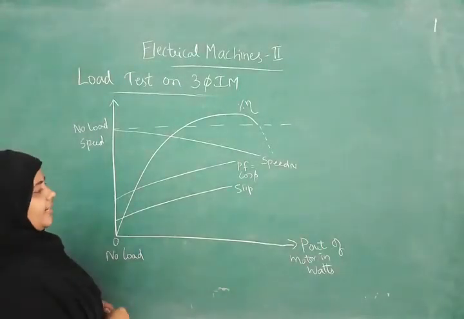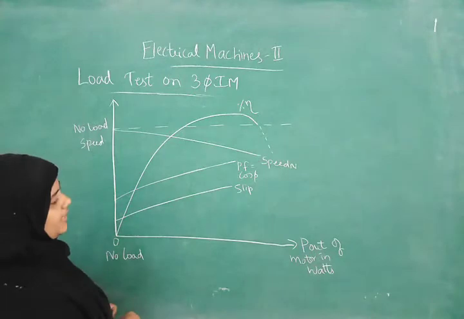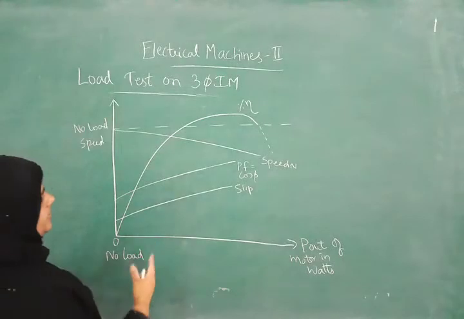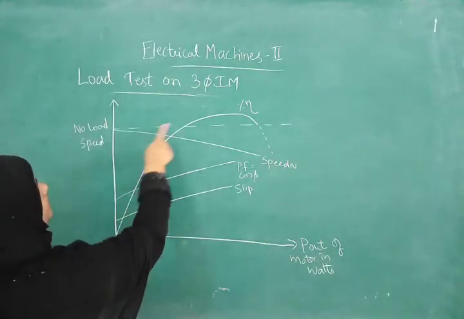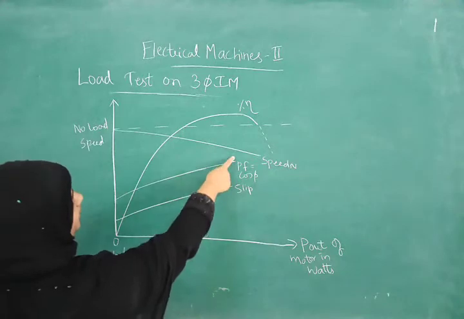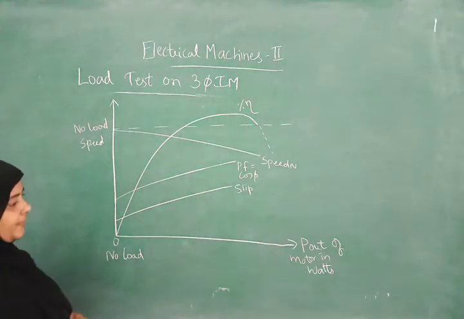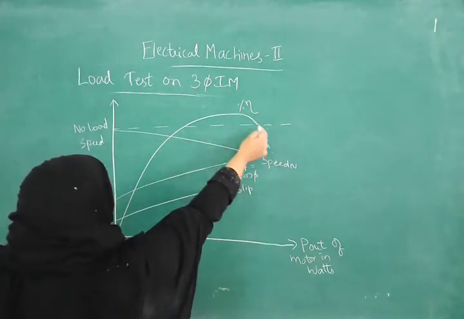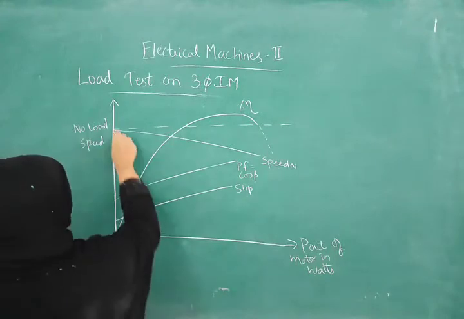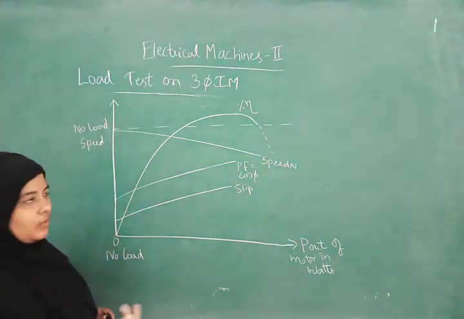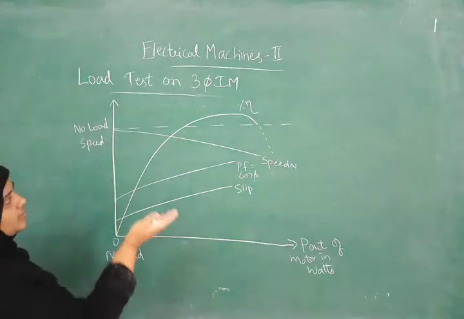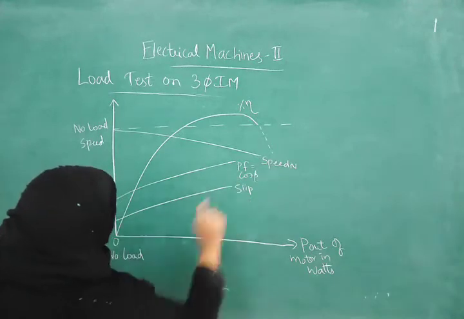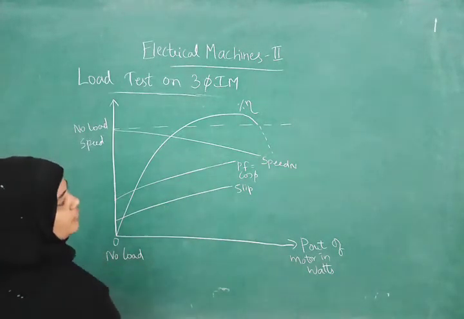This is the graph indicating the behavior of various performance parameters against the output power of the motor in watts. So what are these parameters we are seeing? P out versus efficiency, speed, power factor and slip. As I said earlier, efficiency will increase to a certain point and after that it will decrease. This is the constant speed line. The dotted line is nothing but a constant speed line. Actually it should remain constant, but practically it is coming down like this. As P out increases, speed will decrease slightly. And these are the curves of power factor and slip.